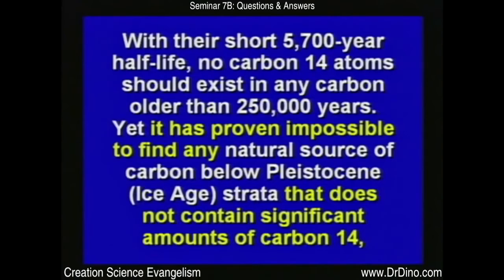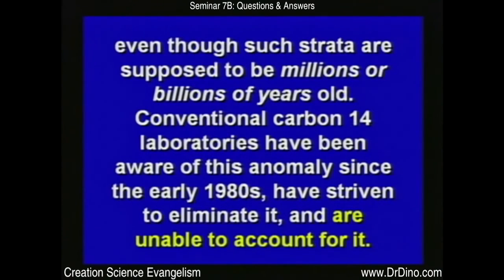They said, with their short 5,700-year half-life, no carbon-14 atoms should exist in any carbon older than 250,000 years. They should all be gone. Yet it's proven impossible to find any natural source of carbon below the Ice Age that does not contain significant amounts of carbon-14. Even though such strata are supposed to be millions or billions of years old, conventional carbon-14 laboratories have been aware of this anomaly since the early 80s and have striven to eliminate it and are unable to